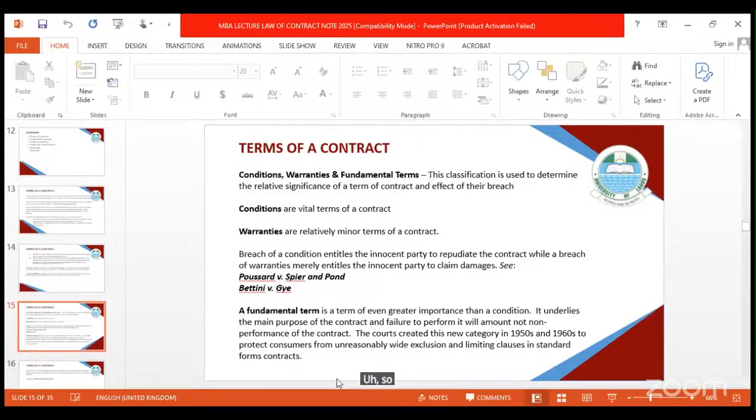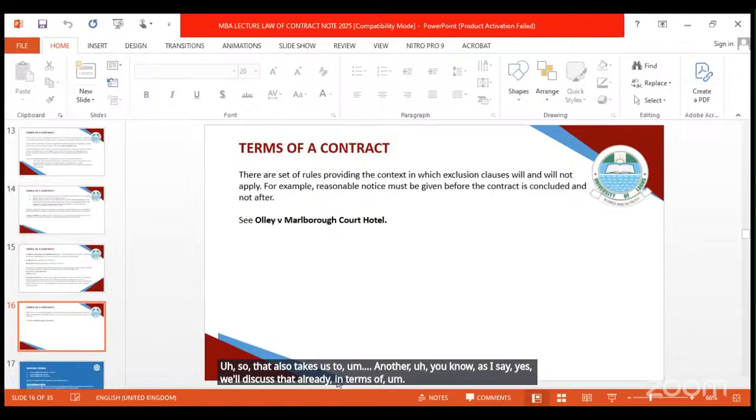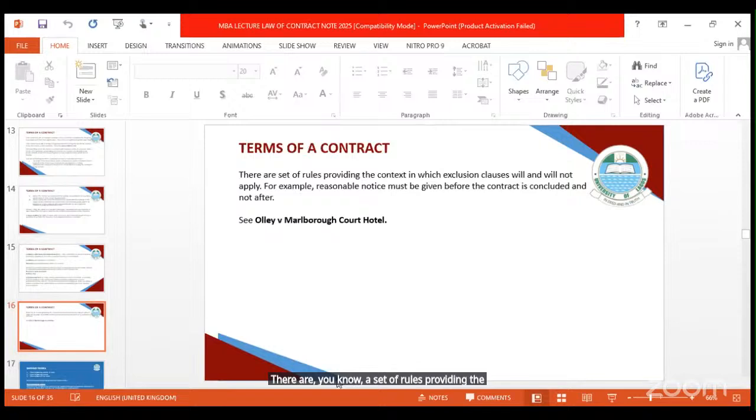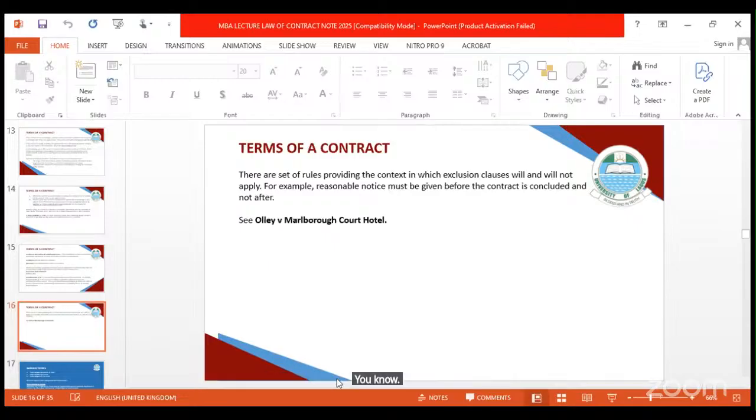So that also takes us to another point. We discussed that already, in terms of there being a set of rules providing the context in which exclusion clauses will or will not apply. One thing also about terms of contract is what they call exemption clauses. Parties can also exempt liability. So in the situation where you're supposed to come for rehearsals, at the time of negotiation you can always bargain that even if I don't come for rehearsals, that should not be treated as a breach of contract. You are free, because you know that contract is freely negotiated,